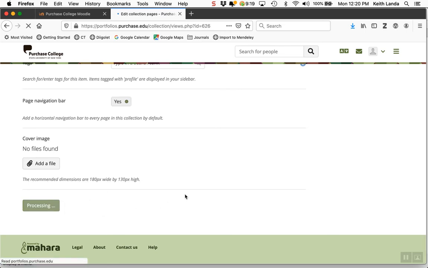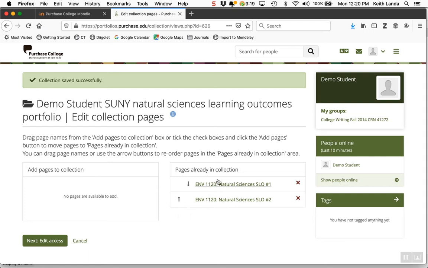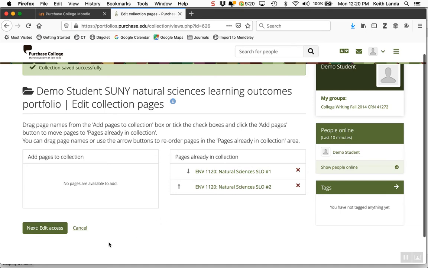The collection, since it is a template, comes with these 2 pages already in the collection, and you have not yet created any pages to add. So you really don't need to do anything else. Don't delete either of the pages because I want you to have both of these in your portfolio that you submit. And then the next step is to edit the access. Again, at this point, this collection of portfolio pages that you have in your account is private. You're the only one who can see it. So I would like you to click the Edit Access,